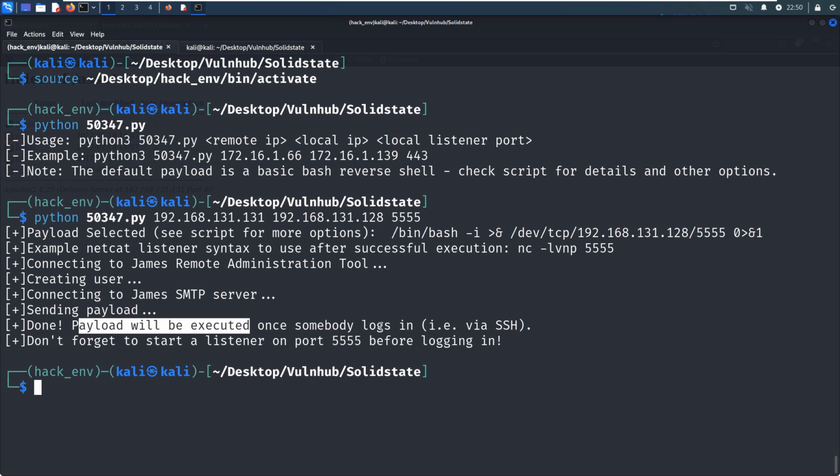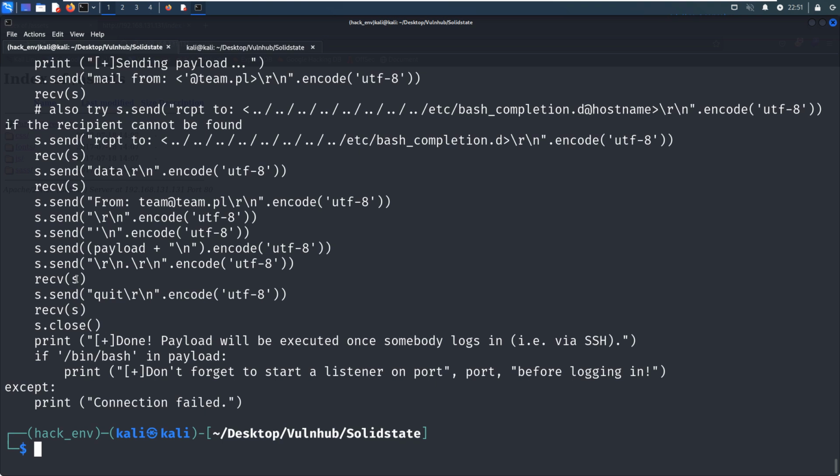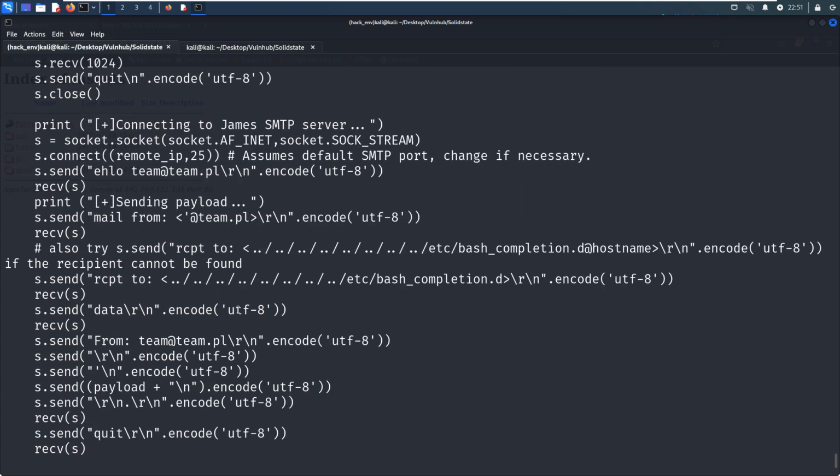It means that in order to get the shell, we need to wait for somebody to log in and create a user. But we didn't specify the new username, right? So how about the username? Create.